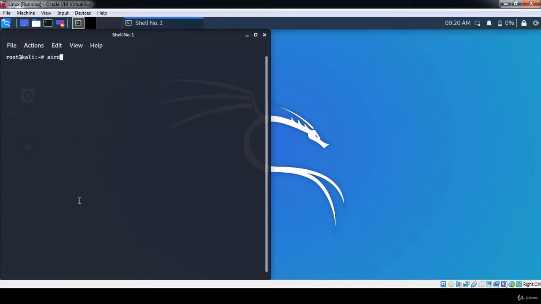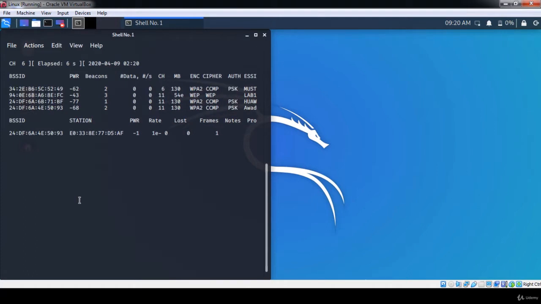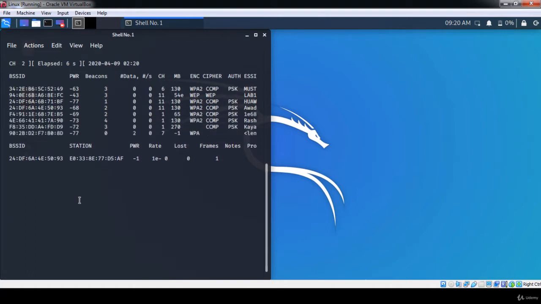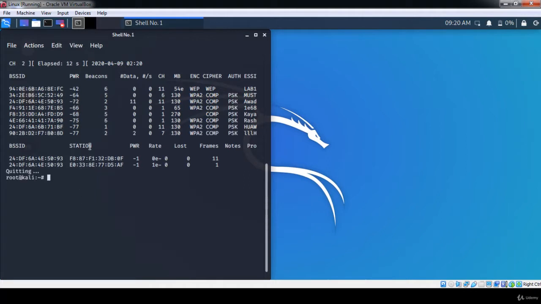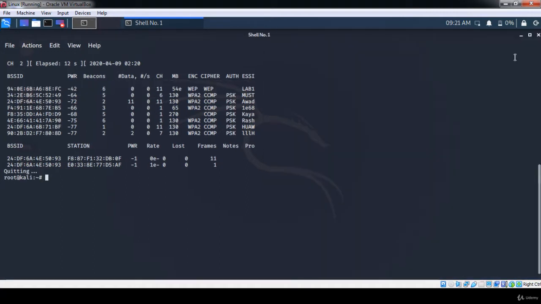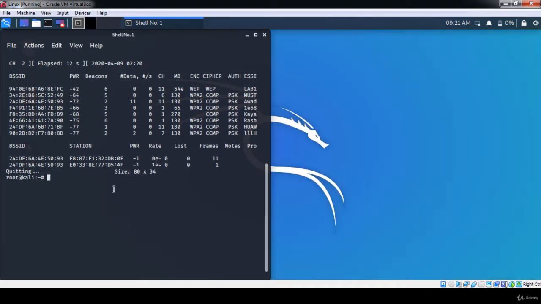Let's run airodump-ng again. Okay, here we go. These are the networks around us. I'll press Ctrl C. This is the network I'm planning to attack, which is running under WEP encryption. As I have shown you before, we will do the attack specifically on this network. So we'll do airodump-ng